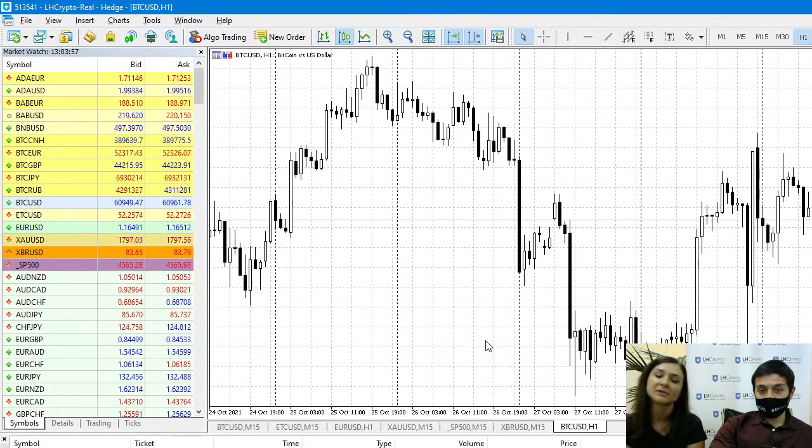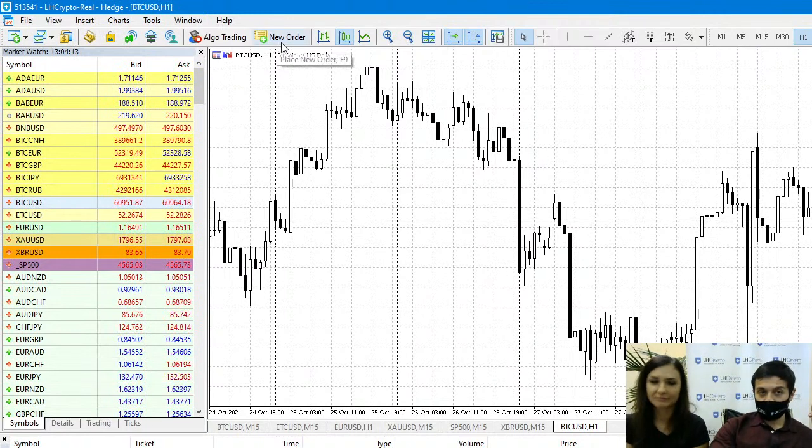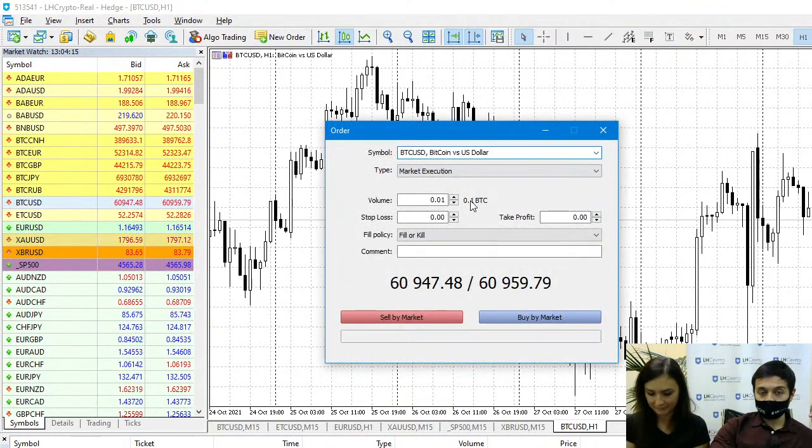In terms of the lot, it's basically a trading volume. It's similar to going to a shop: you can buy 1 bottle of water, or you can buy 2 bottles of water. Those are different volumes you get to choose for any of the trades that you make. When you hit new order, this is the volume that you get to see and choose. Obviously, the more funds you have in the account, the higher the volume you can choose and fulfill those positions for,